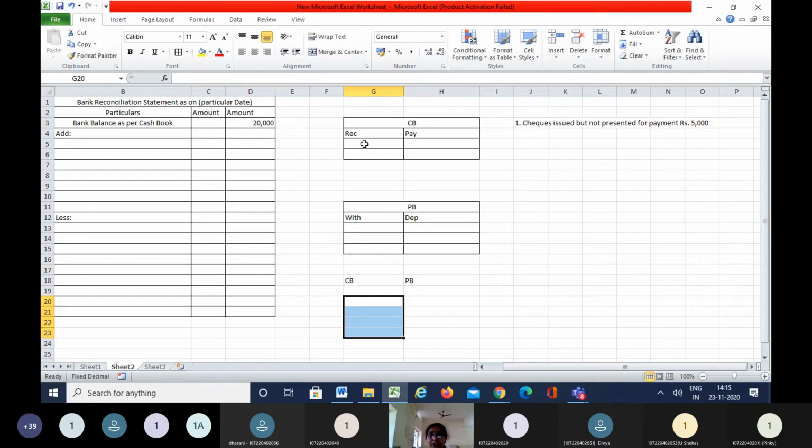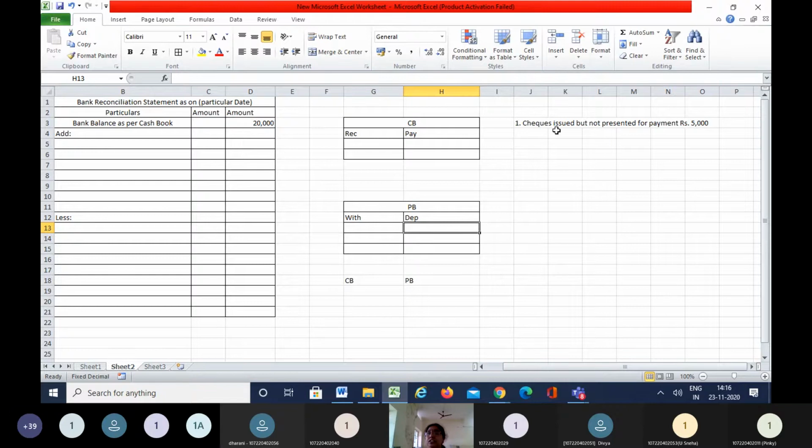If you look into the cash book here, we have 20,000 on the receipt side. If you're receiving anything, the balance naturally goes up, and if you're making any payment, the balance comes down. For the receipts, the balance increases. For the payments, the balance decreases. Similarly, in the passbook, towards the deposits the balance increases, and towards the withdrawals the balance always comes down. This is what exactly happens if there is a favorable balance, whether it is a cash book or a passbook.